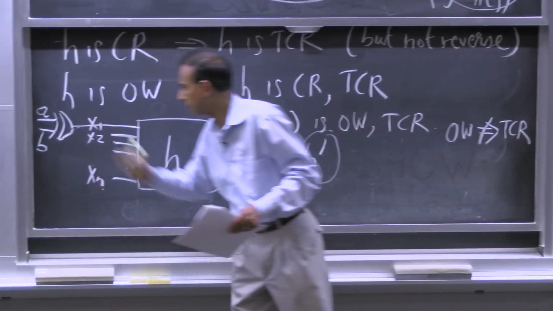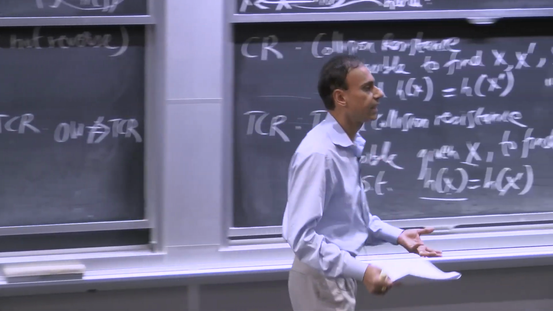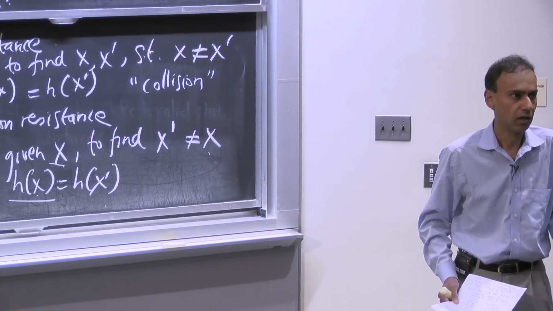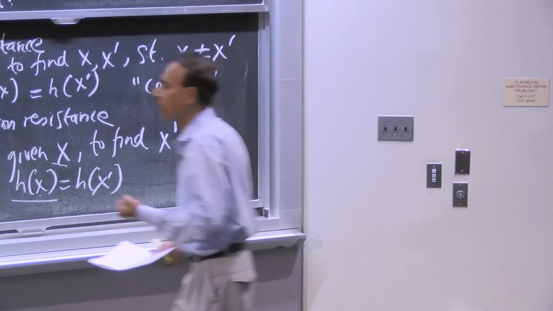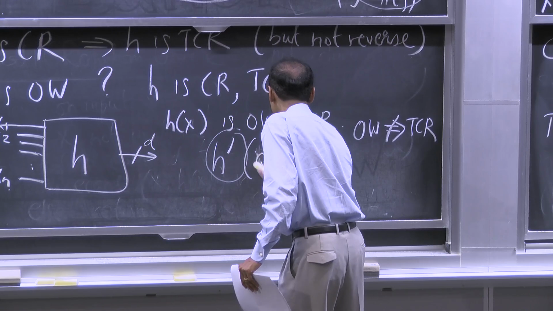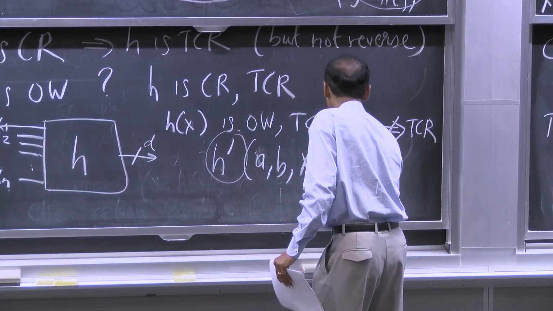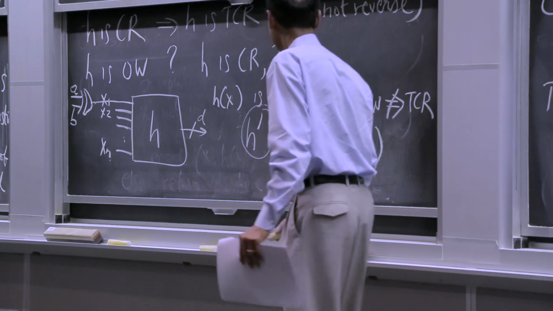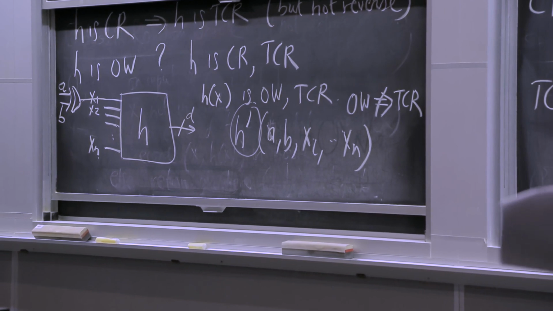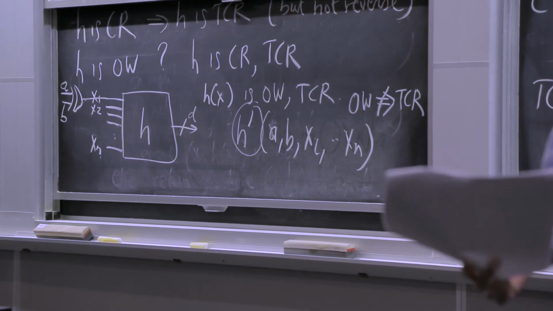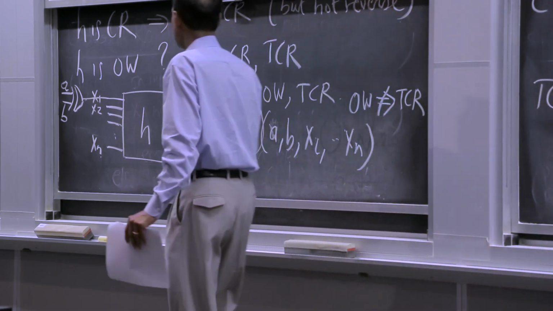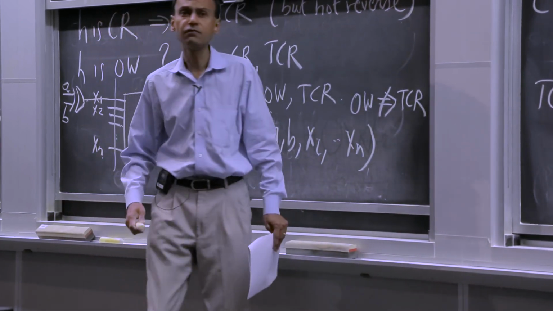Right? So having said that, take a look at this picture and see what this picture implies. Right? I have an h prime that I've constructed. Now, if I look at h prime and I give you an output for h prime, so h prime now is a function of a and b and x2 all the way to xn. Right? So it's got an extra input. If I look at the output of h prime that is given to me, and I need to discover something that produces that,